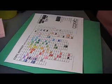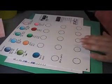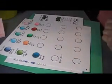This is the first video in the series, and we're going to look at what markers we're getting this month, as well as what color combinations we can use with our past and previous markers from our other Copic Club kits. And what I'm going to do is go ahead and show you the combinations here first. I'm going to grab my paper here, and I'm going to start off with